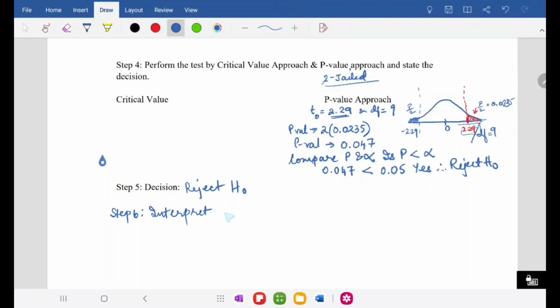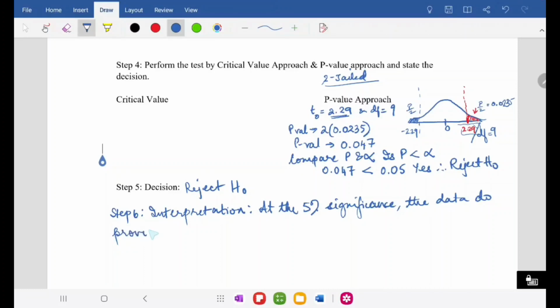All right, so at the 5% significance level, because we rejected the null hypothesis, we are going to say the data do provide sufficient evidence to conclude,